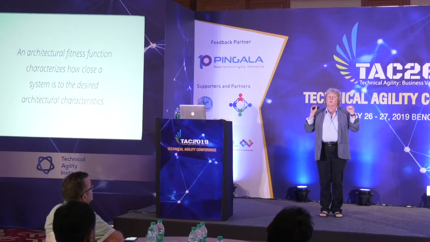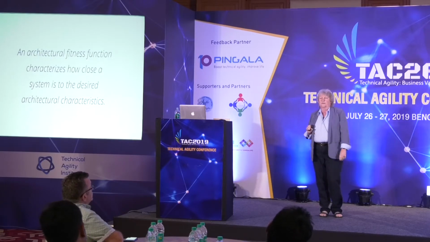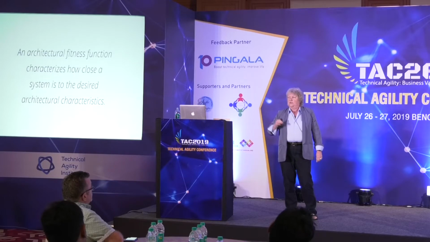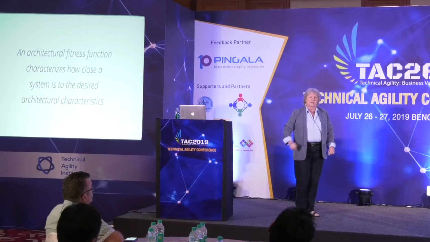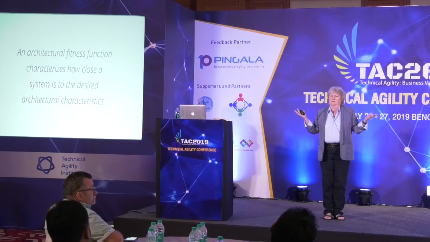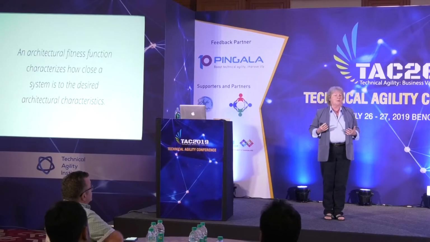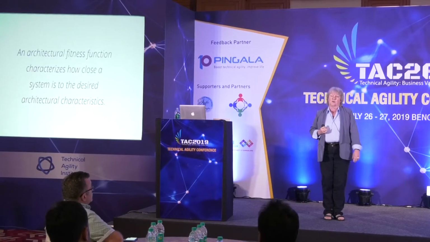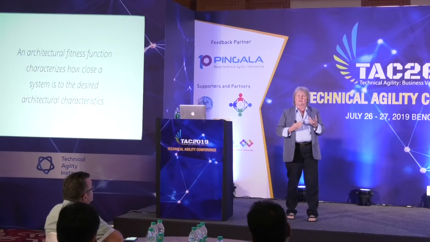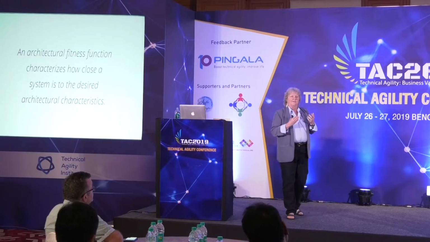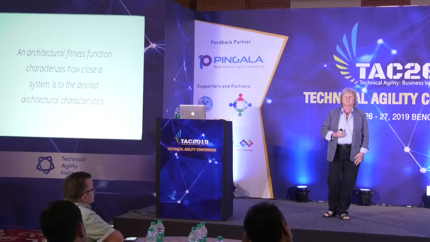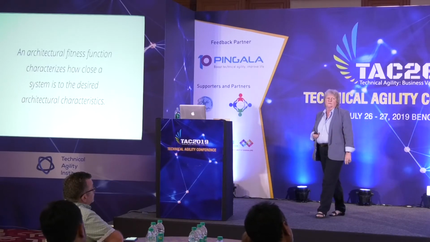The single most important thing about an architectural fitness function is you and I will never disagree on whether it passes. So another all-time favorite of many enterprise architecture groups I've dealt with, the maintainable. What does that mean? You and I can have a very robust discussion on how maintainable a particular piece of code is. Instead, what's the allowed cyclomatic complexity? Fan in, fan out. Are there naming conventions? There are all kinds of ways that you can get very specific about what it means to be maintainable.